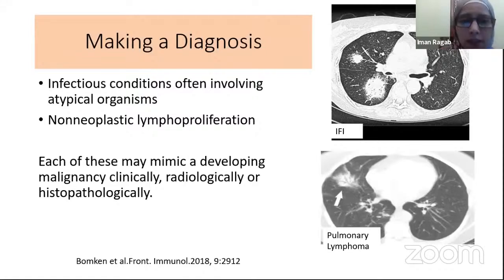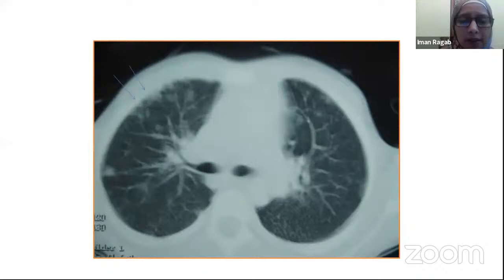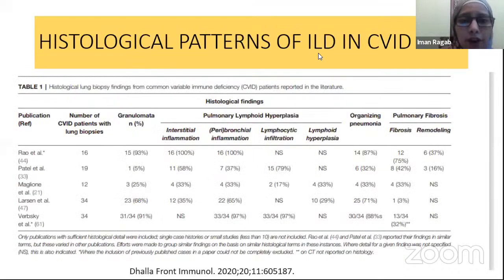So non-neoplastic proliferation and infection with atypical organisms. This patient of ours had presented with autoimmune hemolytic anemia, and by scanning his chest, because he had external lymphadenopathy, we found that he had pulmonary infiltrate. And by reviewing the data of common variable immune deficiency with interstitial lymphoid proliferation, we found that most patients with common variable immune deficiency have some kind of lymphoid hyperplasia. And in some series, it reached 100% of their patients,